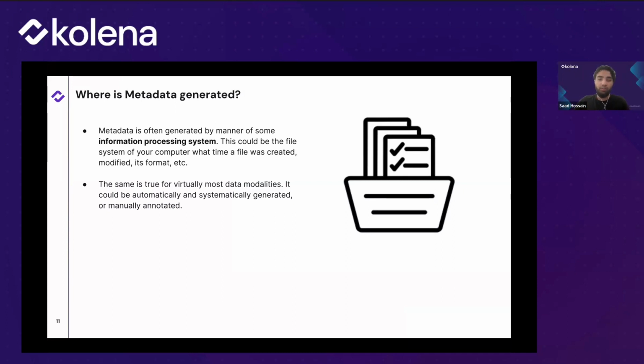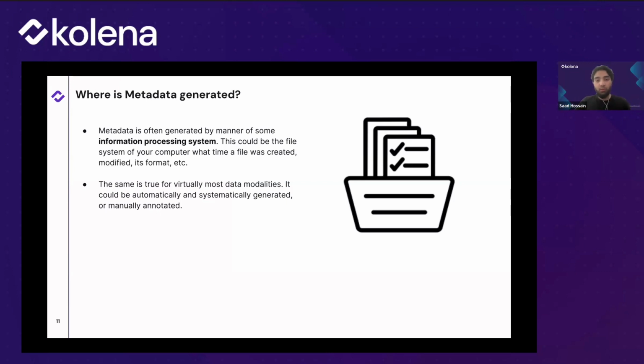the file extension. It could be a .png file, which would mean that it's an image. It could be a .mp4 file, which means it's a video. It could be a .mp3 file, which means it's an audio file. We also know that it comes with the size, whether it's 450 kilobytes or a gigabyte, what type of access or restriction policies these are. So the computer itself is able to extract all of that and define a lot of that, and we can have that as the proxy for our information processing system.